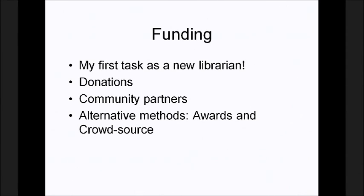And projects like these are a little bit different, and you can ask different people than you might normally about funding or support in some way, because it's non-traditional, it's new. And while I will talk about this more in a minute, I do want to point out that it's essential that